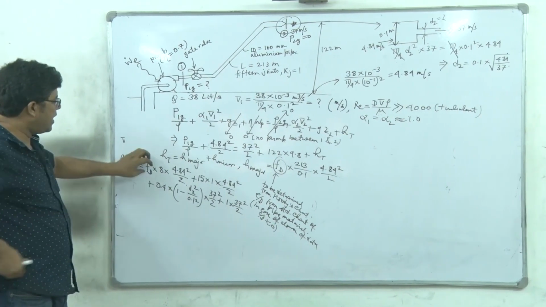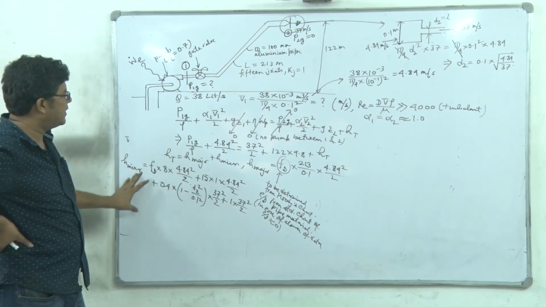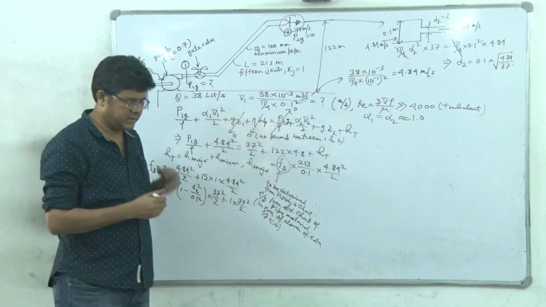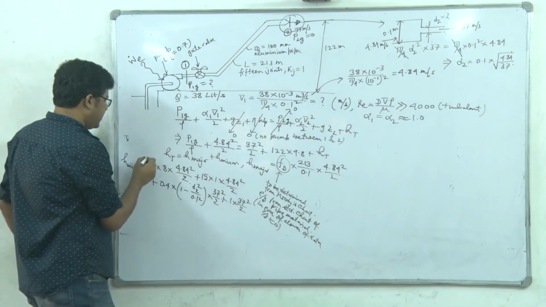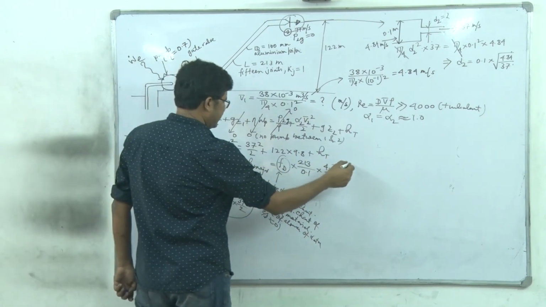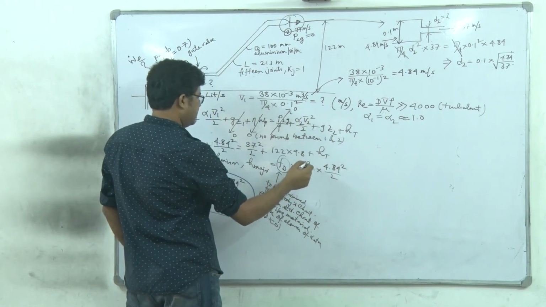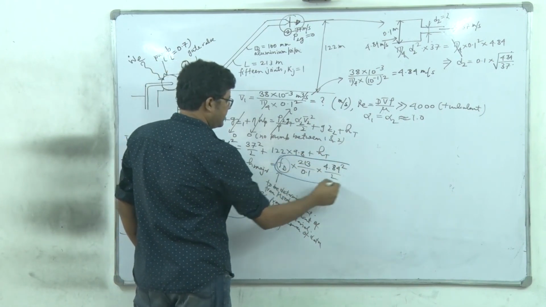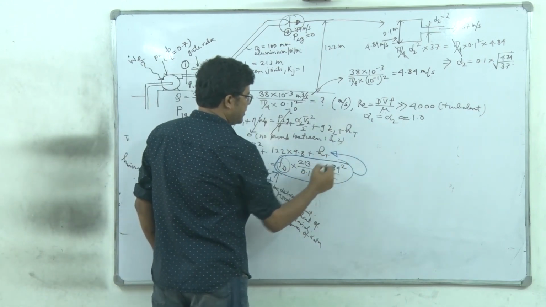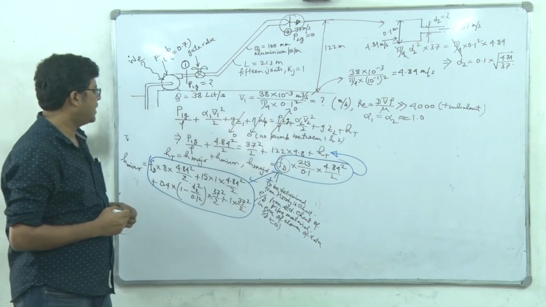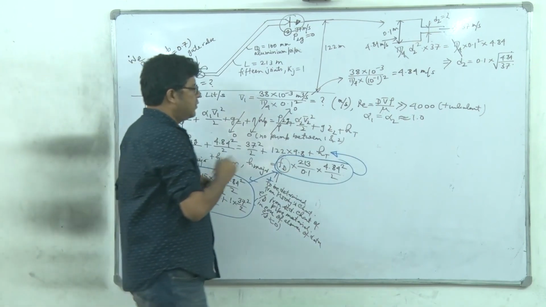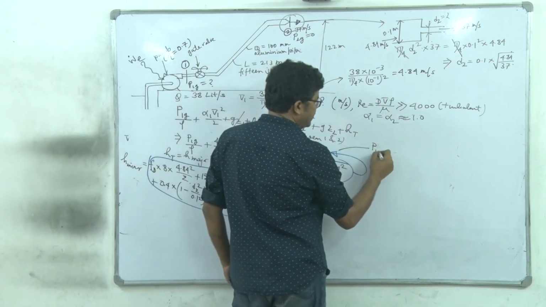So after evaluation of FD, and after adding these two expressions, we will substitute the result here. What I am trying to say is that this entire expression plus this expression are to be added and substituted here, right? So you can solve for P1G. So here we can get this P1G.